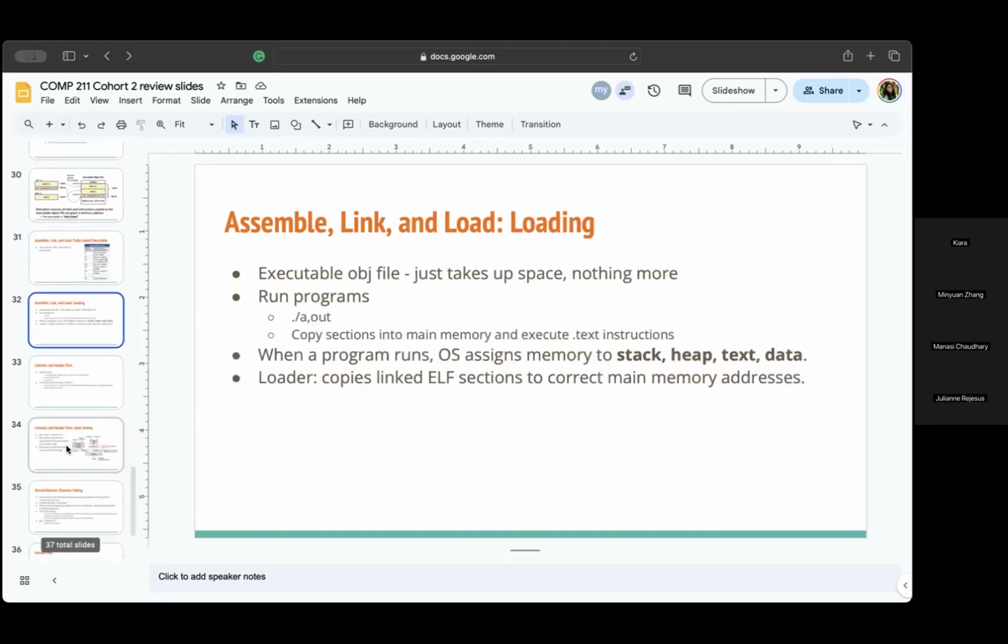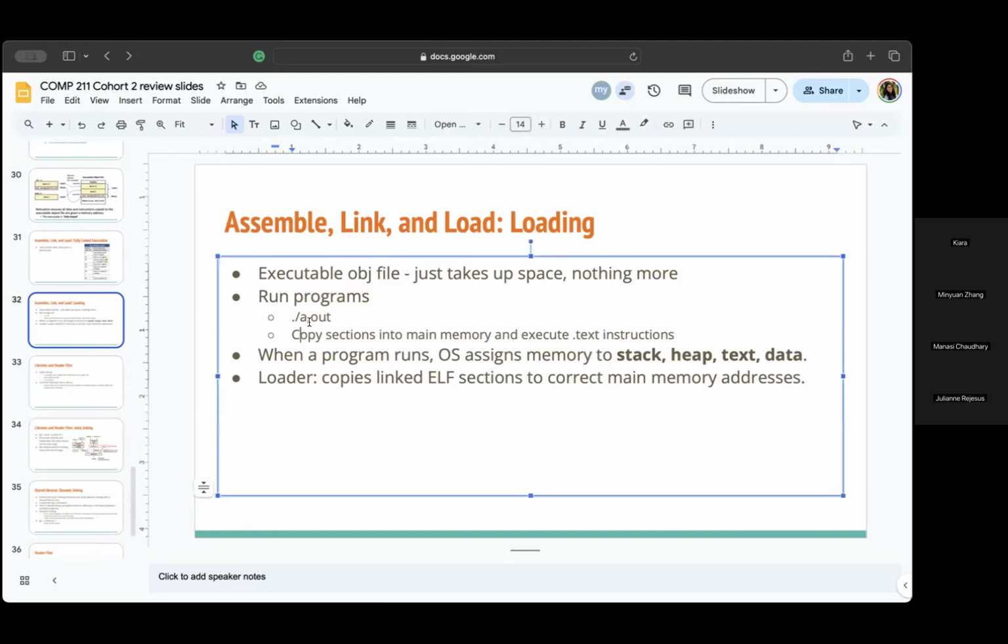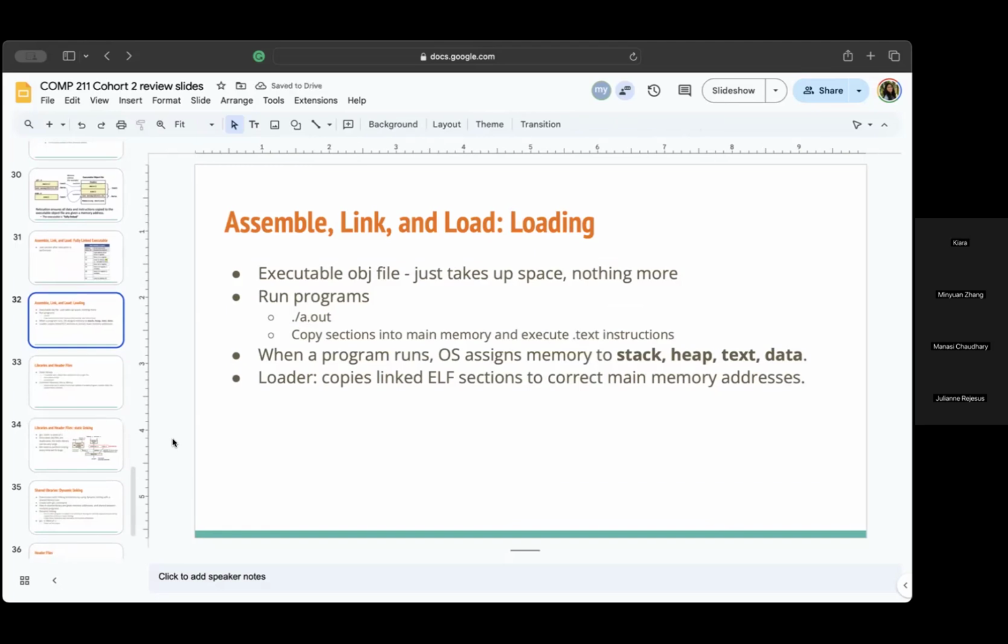And then comparing static to dynamic, I guess that's going to be a little bit ahead, but executable object files simply take up space. They don't really do anything else on their own, so you have to run them. And in order to run them, this is a typo, you would do ./a.out. And a would be whatever the name of your program is. It does not have to be a, so you can define it if you want to, but the default is a. And this will copy all the sections from your executable object file into the main memory